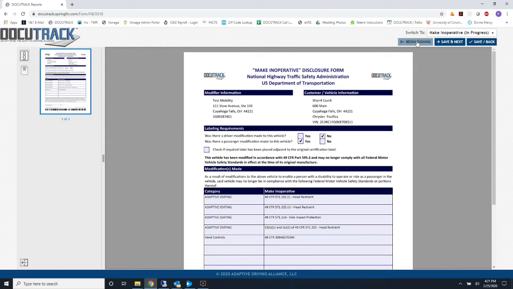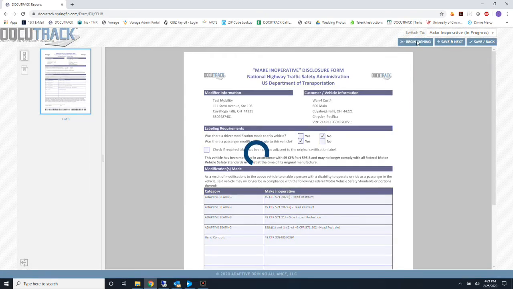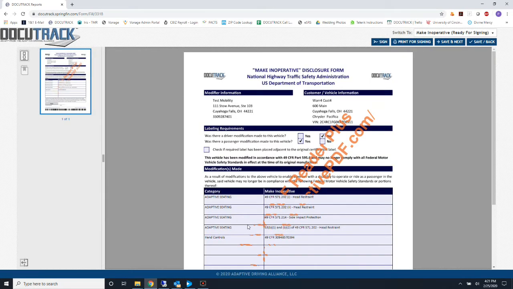Once that is plugged in, you would select Begin Signing. What the system will do now is lock this form. As you'll notice, none of these fields are editable any longer. This watermark that you see will not be on any of your forms. This is a test site that we're using before we launch this module, so this will be nice and clean